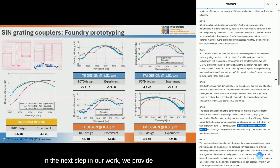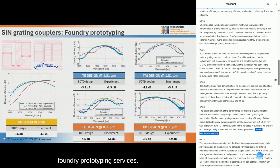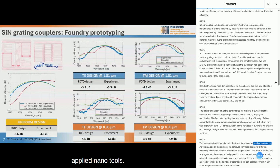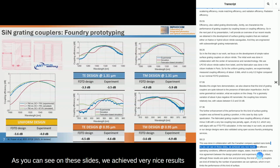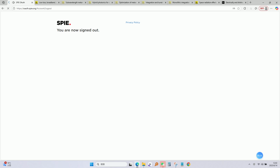In the next step in our work, our designs were also validated using open access foundry prototyping services. This was done in collaboration with the Canadian company Applied Nanotools. As you can see on these slides, we achieved very nice results for different operating conditions, different polarization